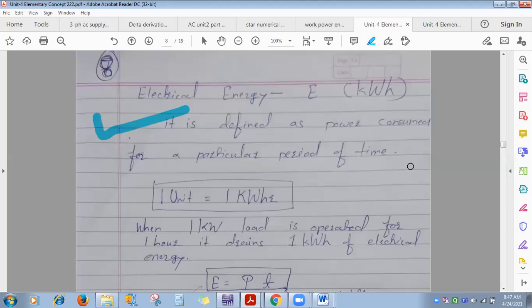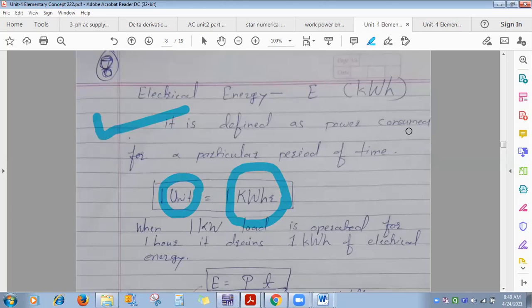Energy meters get installed at your home, in residential areas, commercial areas, everywhere, in industry you will find them. An energy meter displays the energy consumed by the consumer. That display is in kilowatt hour. 1 kilowatt hour is equal to 1 unit. Suppose the display of the energy meter is 100 kilowatt hour, it means 100 units are consumed